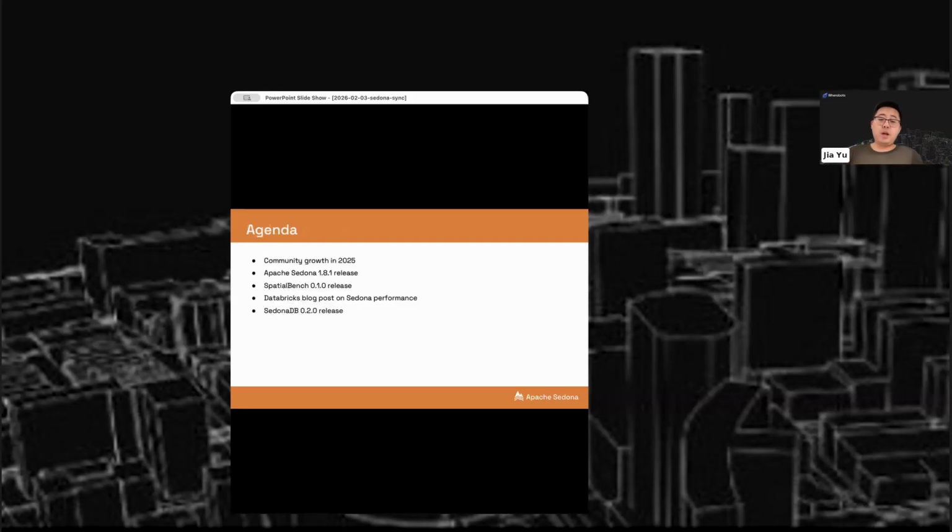So the agenda here today, we're going to cover the following topics. We're going to talk about the community growth of Apache Sedona in 2025, and we're also going to go through the new release of Sedona 1.8.1, which was released last month. We're going to go through the new features of that,